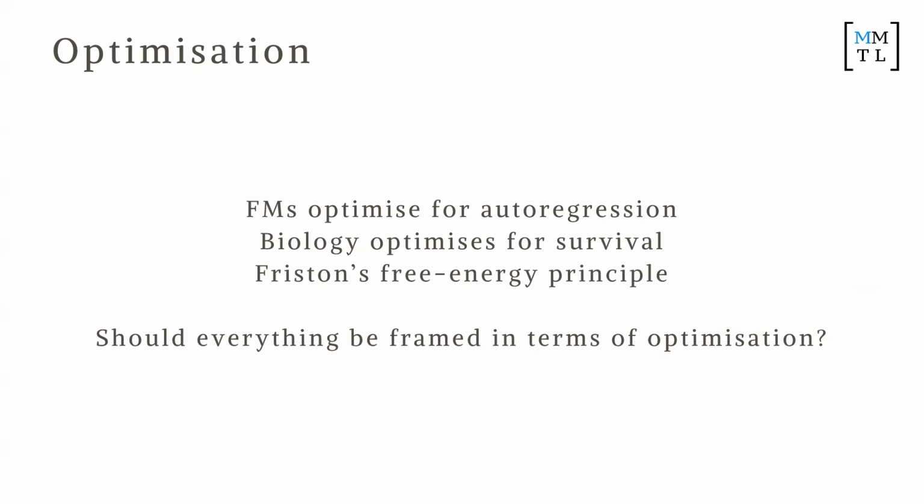He thought that as a psychiatrist, if you are depressed, there is a big gap between what you think of the world and what is actually happening in the world. Psychiatry is all about fixing and decreasing that gap. He also proposed that cells act in the same way: they see the world in one way and the world is actually another way, and they're always trying to minimize the distance between that gap. So a question I have from a research perspective is, should everything be framed in terms of optimization? And is it just how we're thinking about optimization that really matters when we're developing for AI?